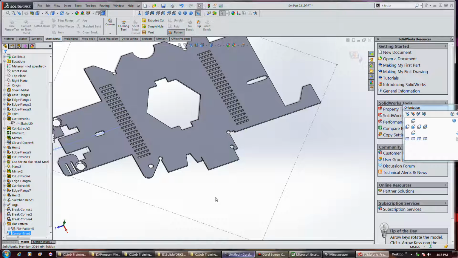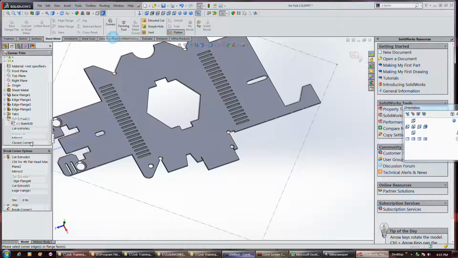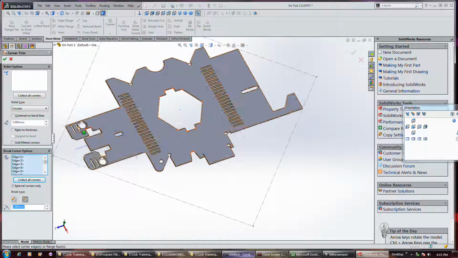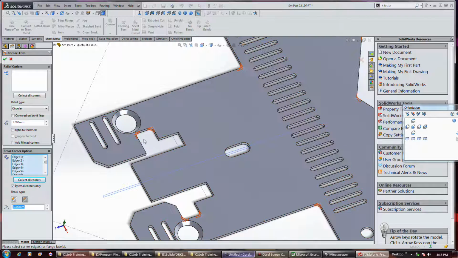Okay, so that provides circular relief there, and we can do that again, but on the outside, for example. So that'll choose all the inside corners instead of these little other ones, which look to be inside corners to me, but what do I know, right? But you know, you can also